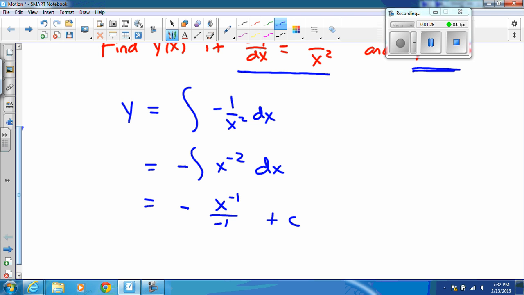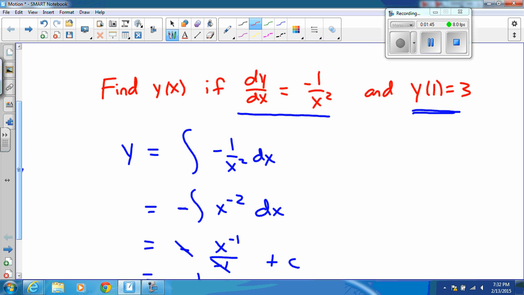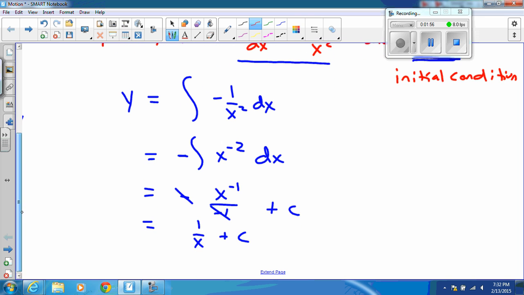And when you clean up a little bit, your negative 1s cancel out, and you can rewrite that as 1 over x plus c. The c comes about because antiderivatives of negative 1 over x squared are going to be equal to one another within a constant. But if we have an initial condition, a specific point that we know on the curve,